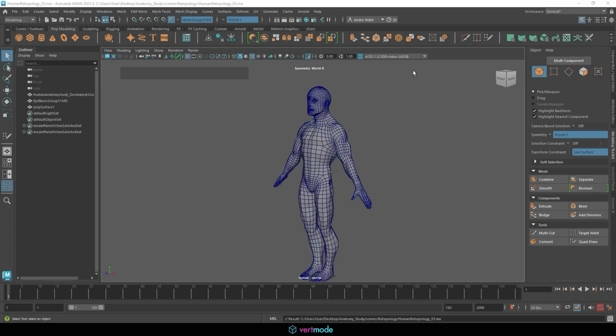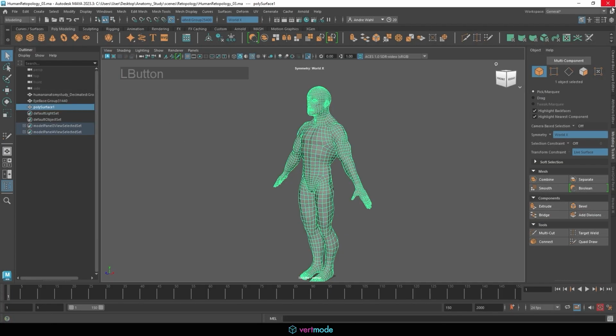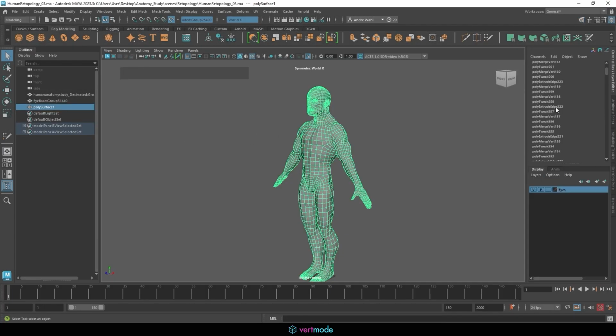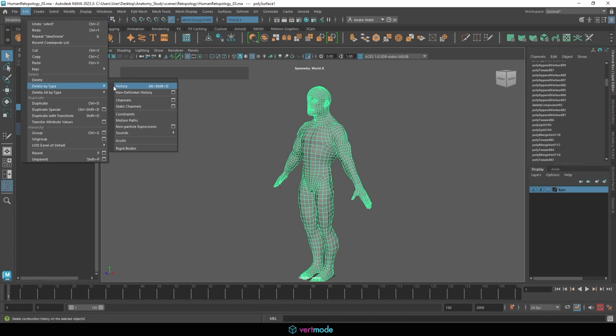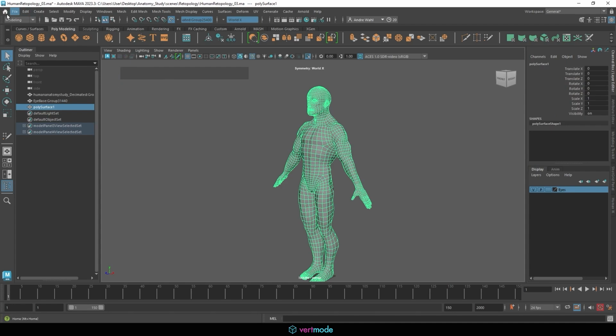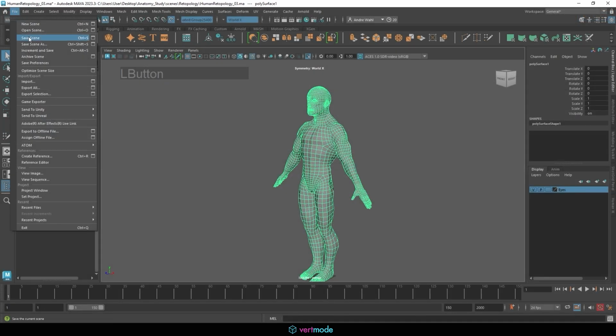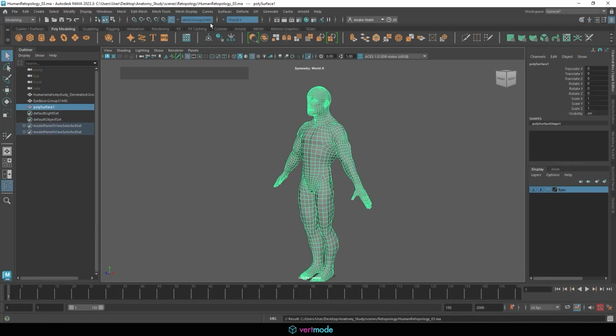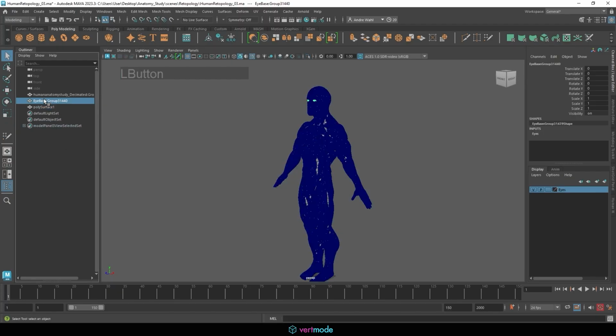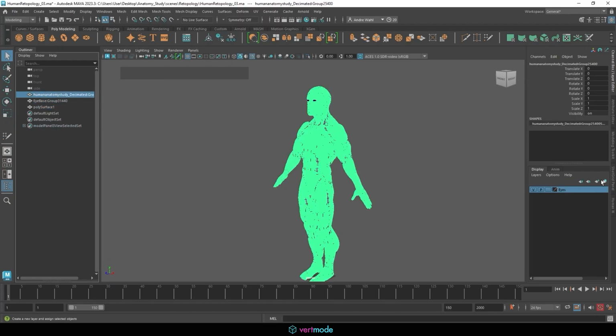After finishing any sort of topology, there is some stuff you want to do. One of the big things is you want to delete history. You'll see you have a long history here of these edits. So you want to do an edit, delete all by type history, just to clear that out, and probably save. So save that. And then what we're going to do is turn off the make live and turn off the world X. And at this stage, we could actually just take our decimated mesh, put it on a layer here,